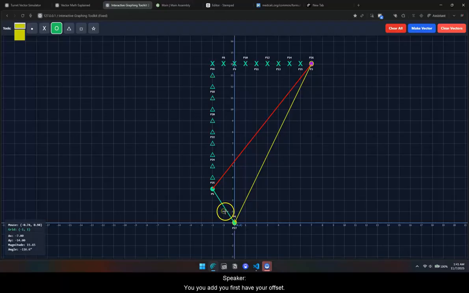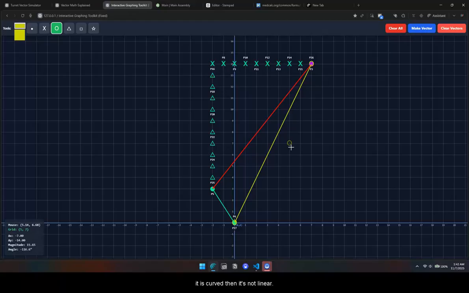You first have your offset, and if you add this vector, you basically get your yellow line. It's so simple, right? This is called transformations. Okay, this is your linear transformation model. This is linear. These are non-dynamic. Okay, this is linear because it has lines. It has straight lines. It's not curved